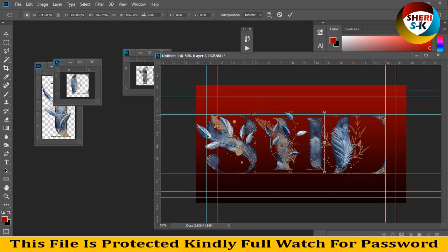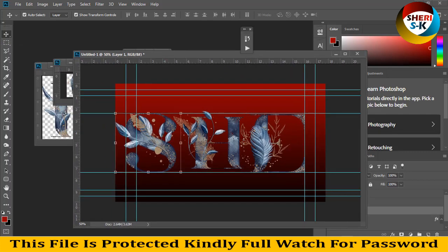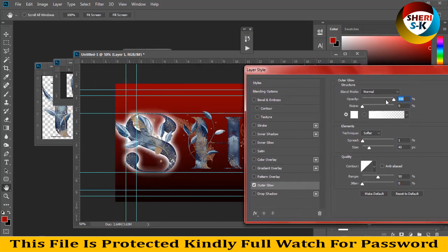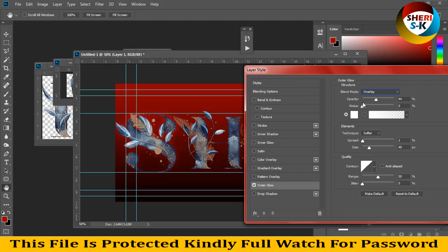You can adjust one by one. I just use this for example, or you can do it better with outer glow or overlay, lighting.